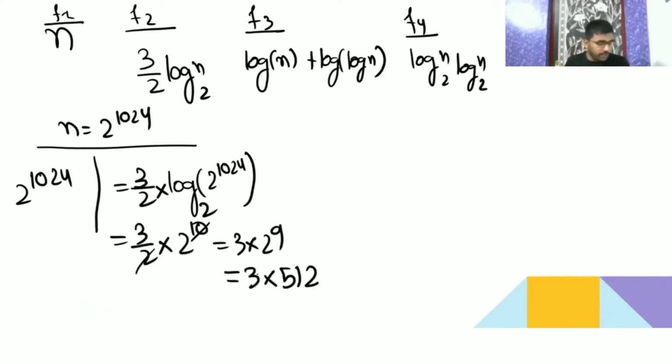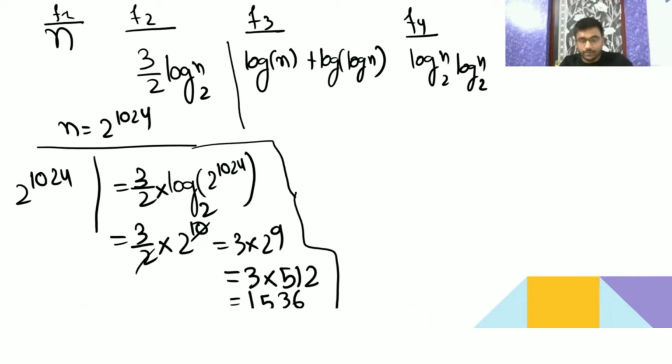Please do the multiplication. What are you going to get? Please tell me what you get if you multiply 2 to the 9. 1024 divided by 2 is this, then into 3, you are going to get here 1536. It is not my favorite number, but if you take this number, you are going to get the correct answer. That's why I always take this. See, for all the questions I have taken this kind of number.